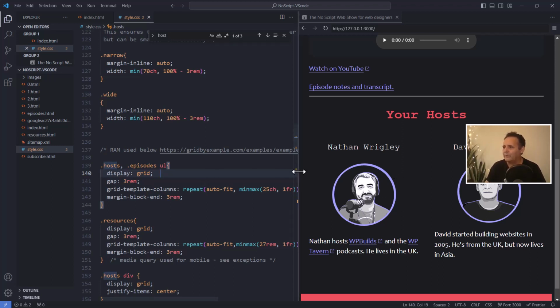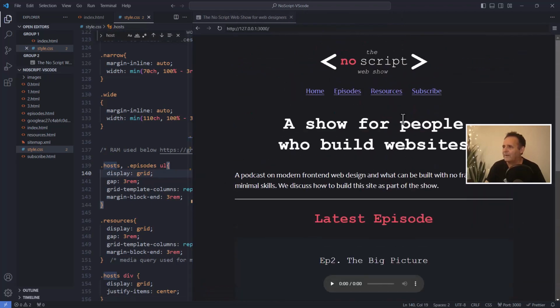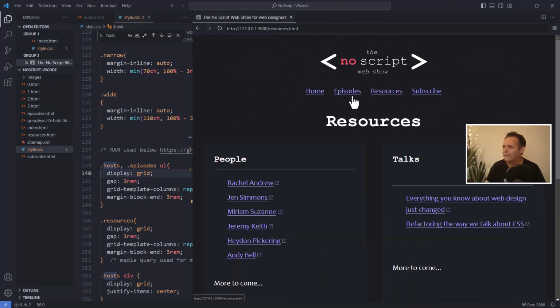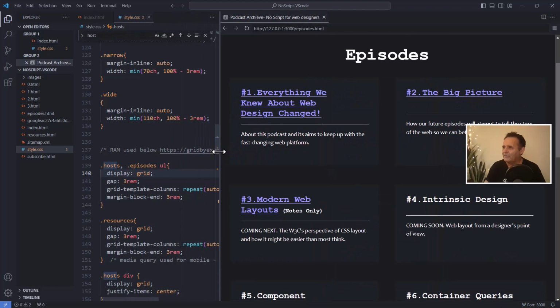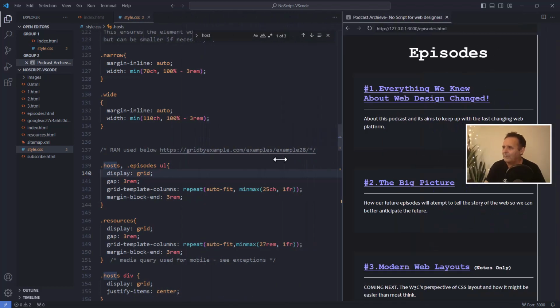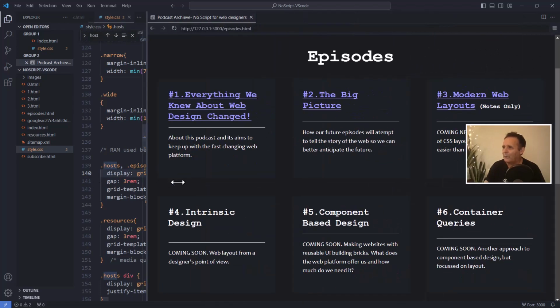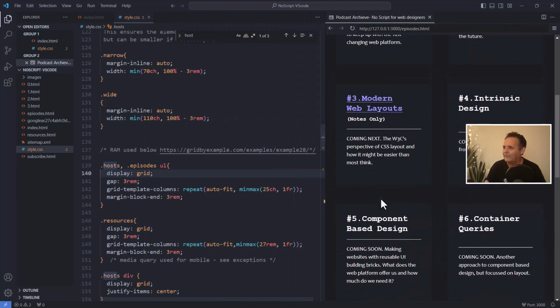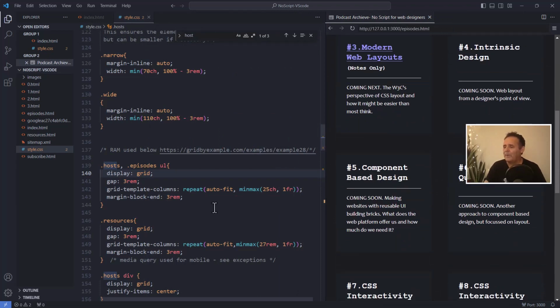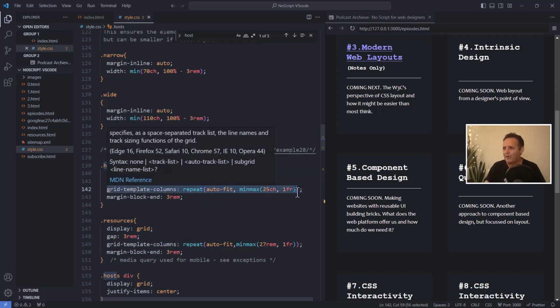that grid would also be used for the resources, where I've got multiple columns. And this great thing here where we go from 3 to 2 to 1, I mean, it would go to 4 if there was the space for it, or any number. And it just nicely lines up. It's all made possible with no media queries, with this really one line of code that we need to add